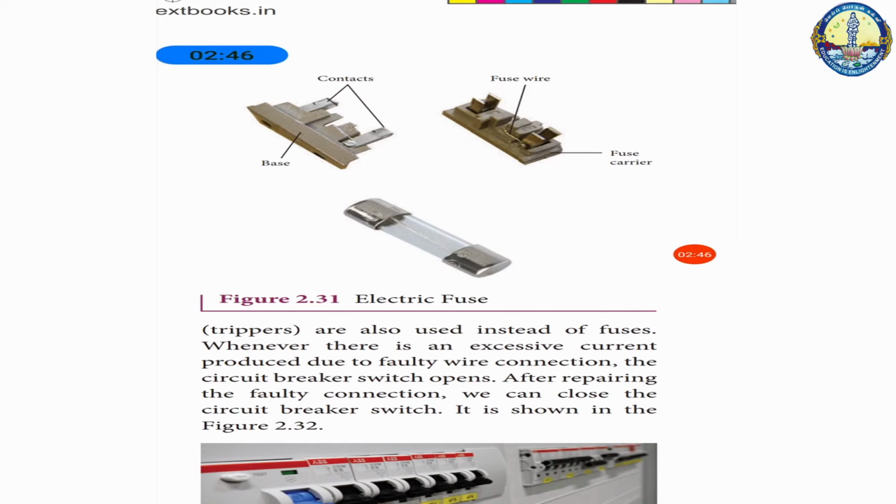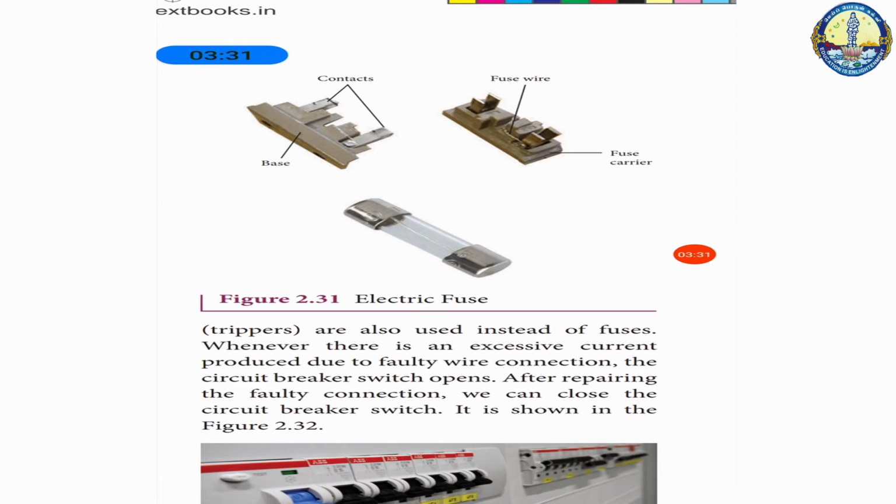The purpose of the electric fuse is to protect the electrical device from excessive current. A short length of wire made of a low melting point material melts and breaks the circuit if current exceeds a certain value. Lead and copper wire melt and burn out when the current increases to 5 amps and 35 amps respectively. The only disadvantage with the above fuses is that once the fuse wire is burnt due to excessive current, it needs to be replaced.